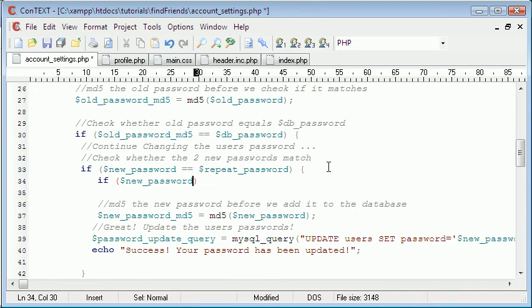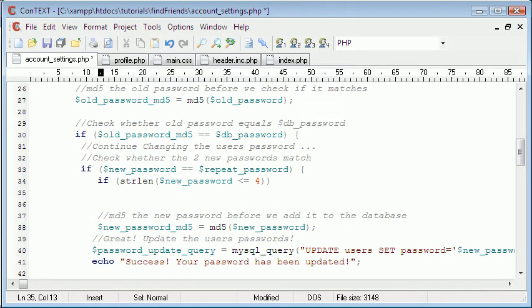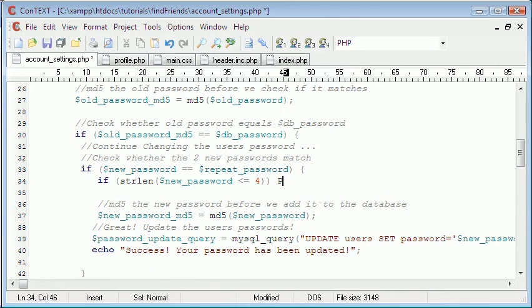So if new password, whoops, if strlen new password is less than or equal to 4, then we could say